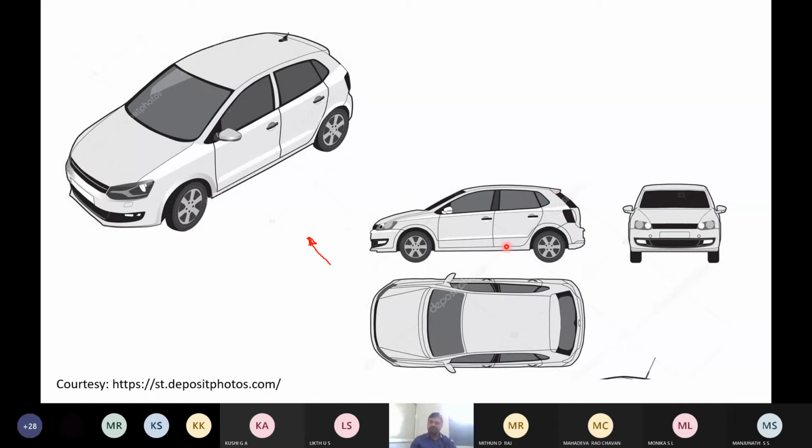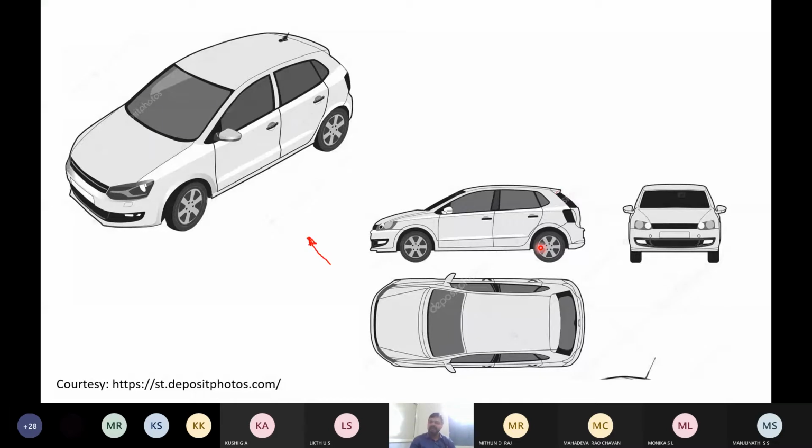That means we need to look at an object from different directions, and we have to club them in a drawing. Then only you will get the entire picture of a product. Full details of a product are available when you take views from different directions and combine them.